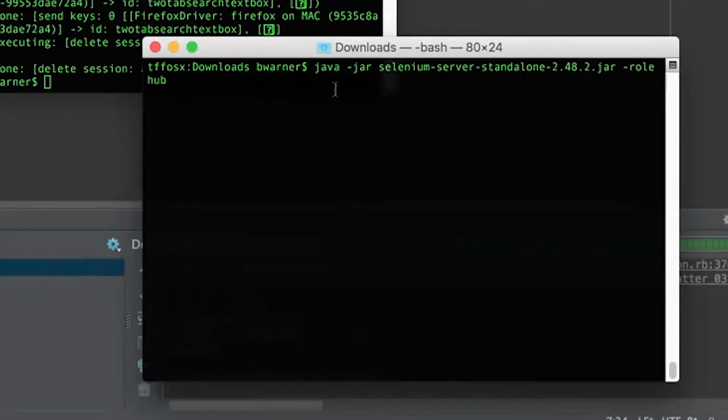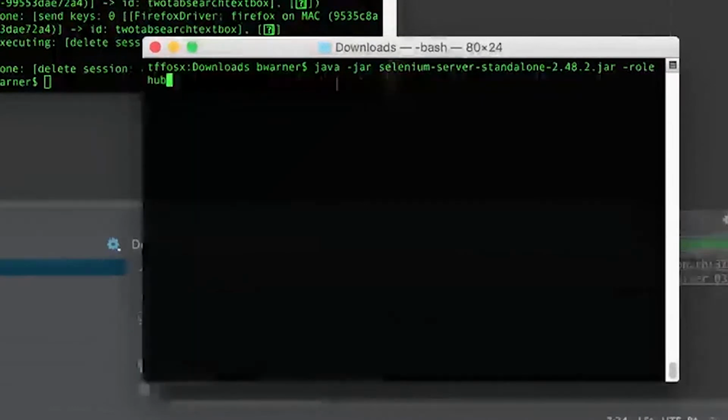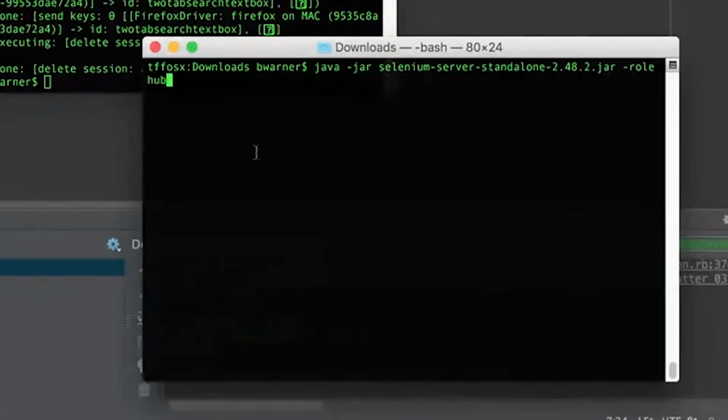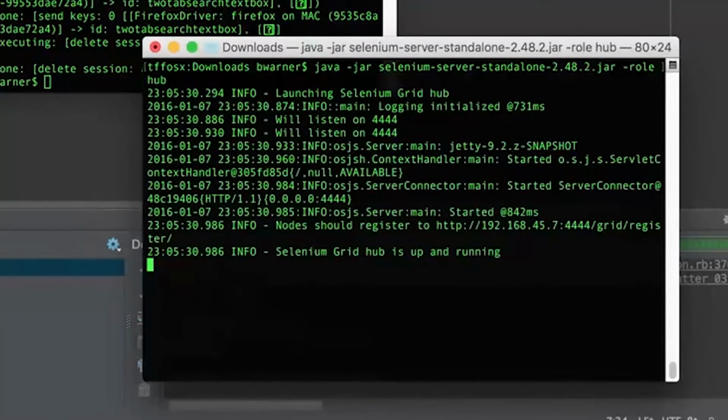So how I turn it on, once you have the Java jar for the server downloaded, you just do your basic java -jar selenium-server-standalone, whatever it is going to be, and you set this parameter, role, as hub. This will kick off, it's extremely fast using Jetty. So it kicks off a server, and it tells you the server is at this address,